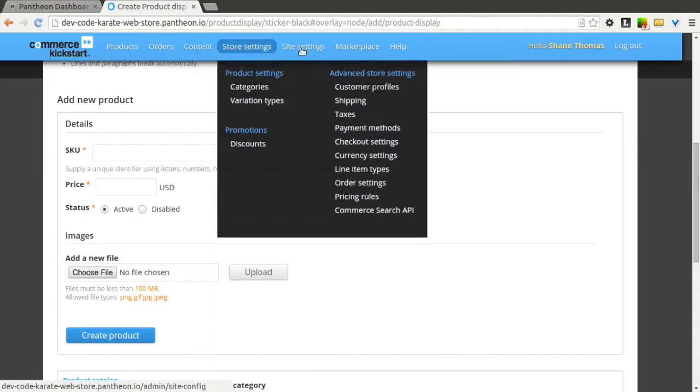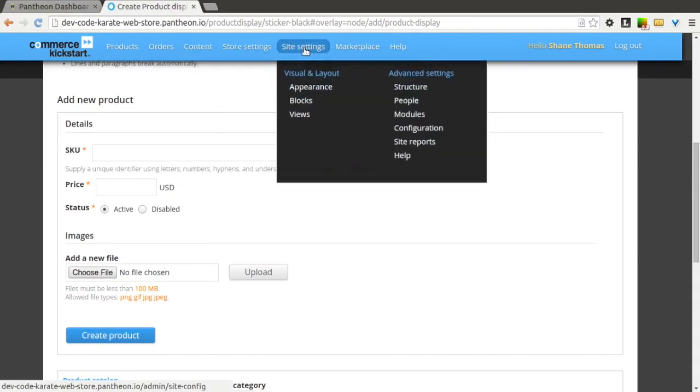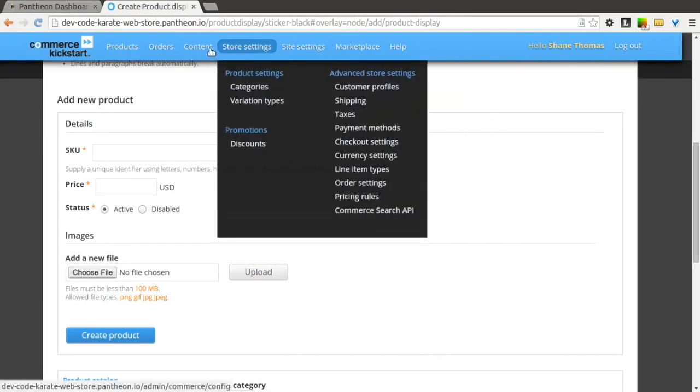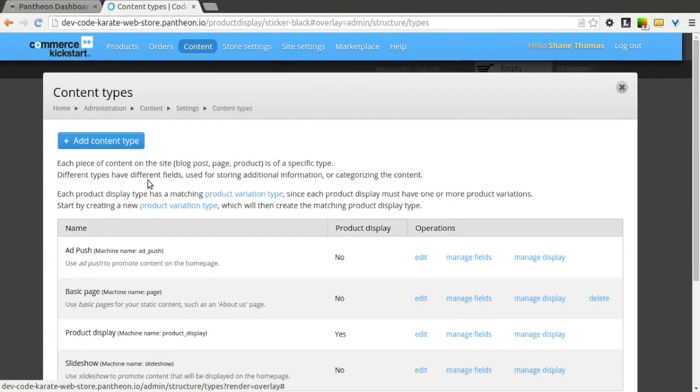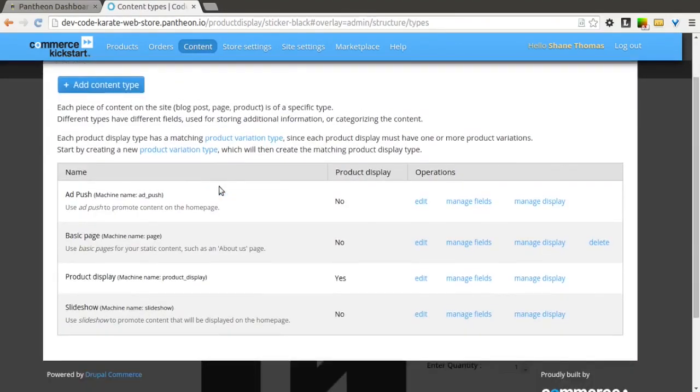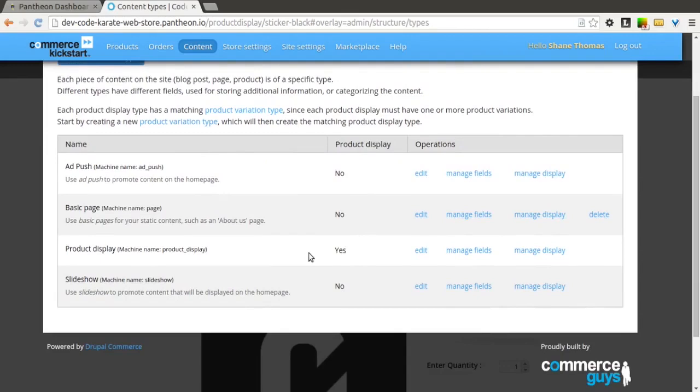If you come into Site Settings, actually, you come into Content, you want to go to Content Types. There are different content types here, and you don't need to worry about this too much. We'll learn a little bit more as we go, but most of it you're not going to need to worry about. But if you come into Product Display and go to Manage Fields,